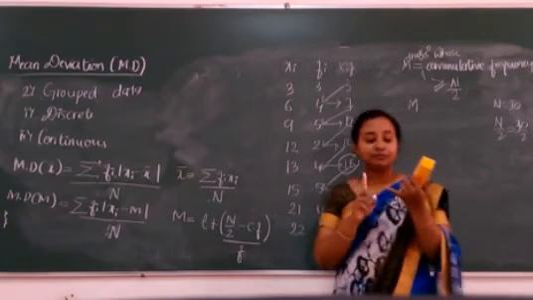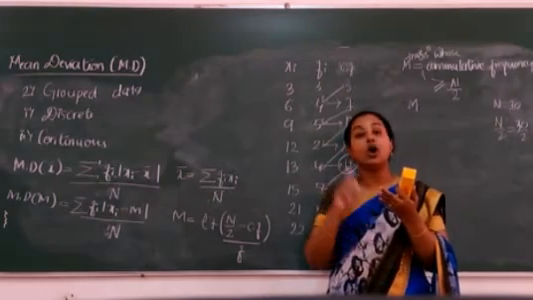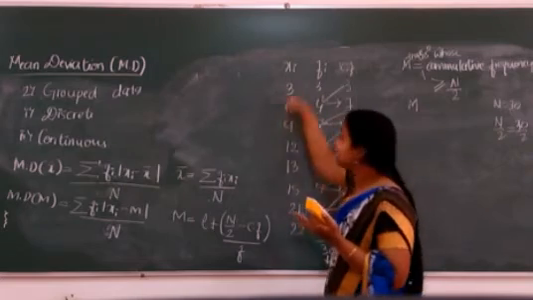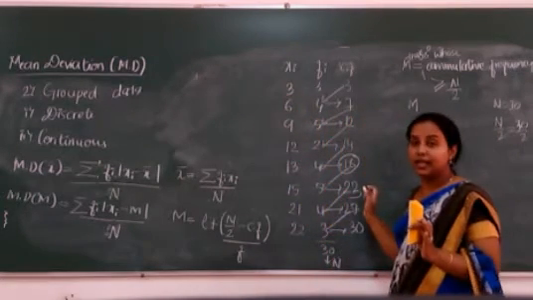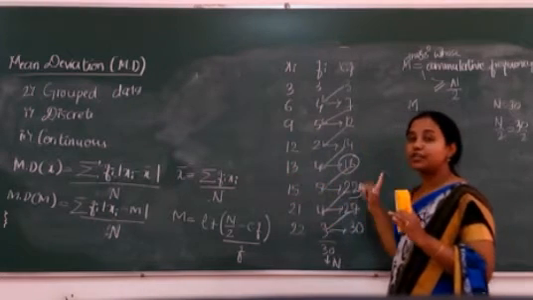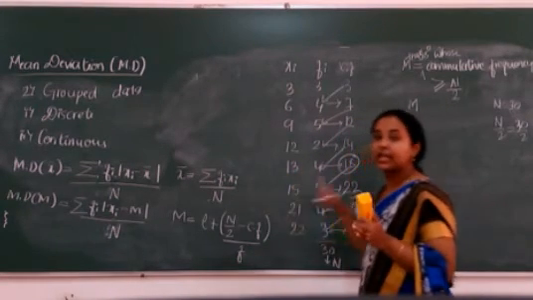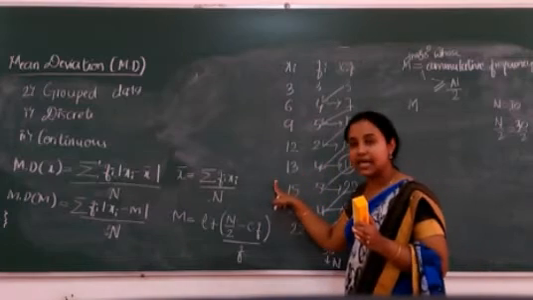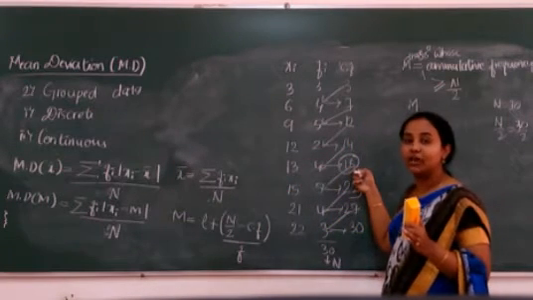Always remember, whether mean, mode or median, that value lies in these xi, not in anything else. Always your mean will be one of the values of observation. Always your mode will be one of the xi. Median will be one of the xi. In the same way here also we calculated now 18.